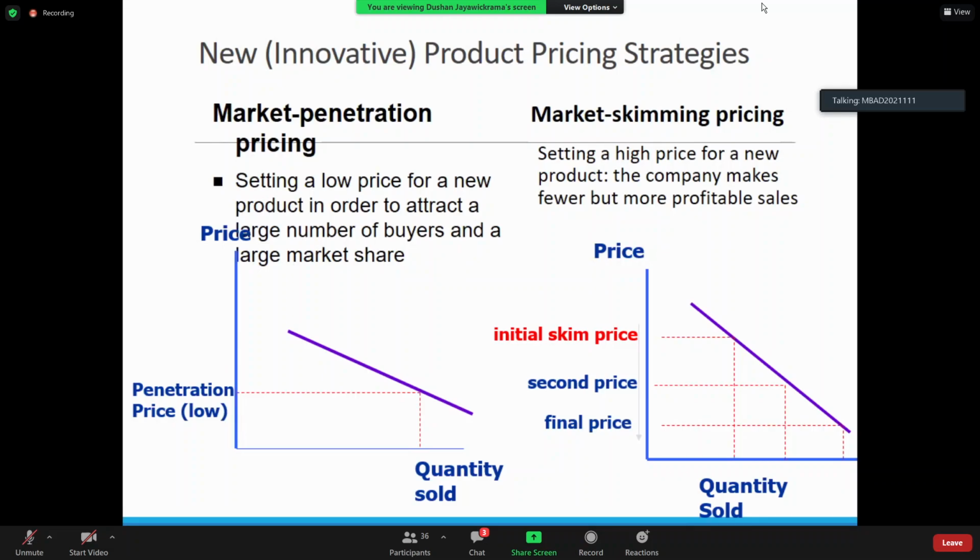Okay, sir. So market skimming, does this happen after commercialization or in the initial stages? Initial stage, because in the new product development stage, there is idea generation, idea screening, concept development, and market strategy development. In the market strategy development, they think that this is how this should go forward. They have this rough idea. And these strategies would then be put into a business analysis to see if it's profitable. And then you develop the product.